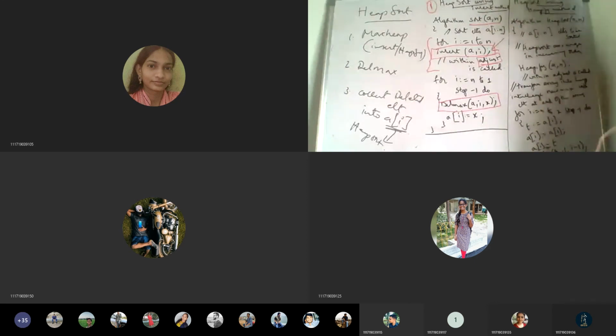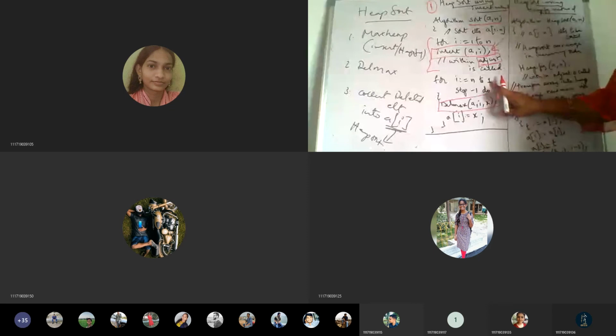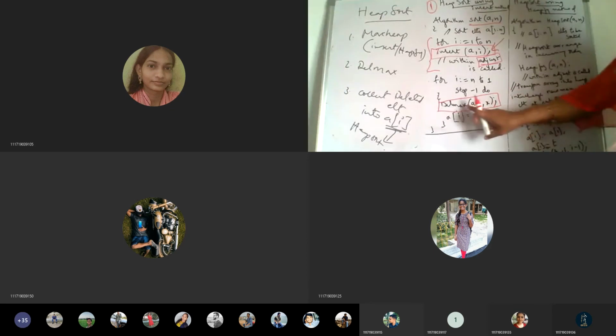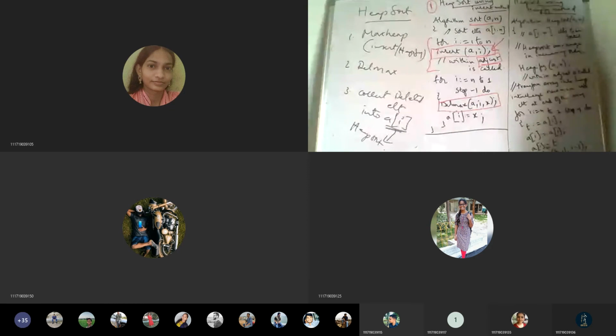Okay, so once we get the max heap, what are we going to do? From the last element to the first element, we are going to do this operation. First we are going to delete the maximum value.